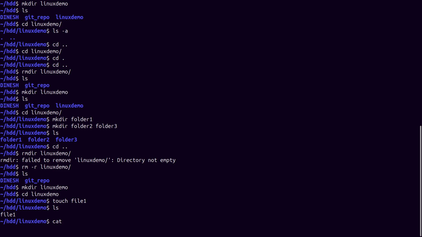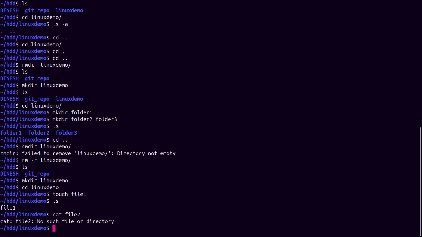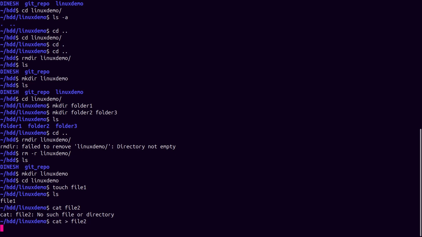Cat space arrow file name creates a file. Just give the file name as file2. See, now file2 is created and it is asking the user to enter data in it. Let us suppose we give the data: This is file2 for Linux